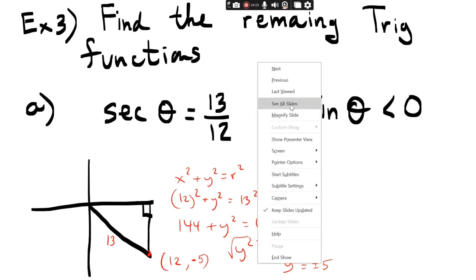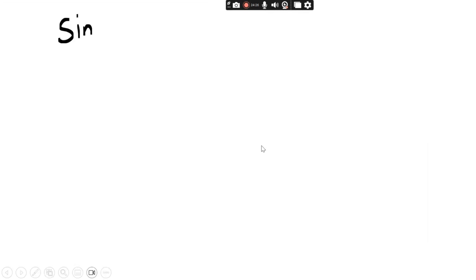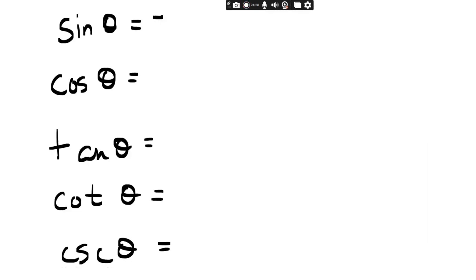All right, I'm going to go with all slides and here's our answer. Okay, anybody with sine? What's the sine value? -5/13. Good, good. Cosine. Anybody else? 12/13. Perfect. Tangent. Perfect. Okay. And I see some people writing here. That's okay too. No problem on the writing here. Just want to make sure, if you are, go back in your notes to make sure that it makes